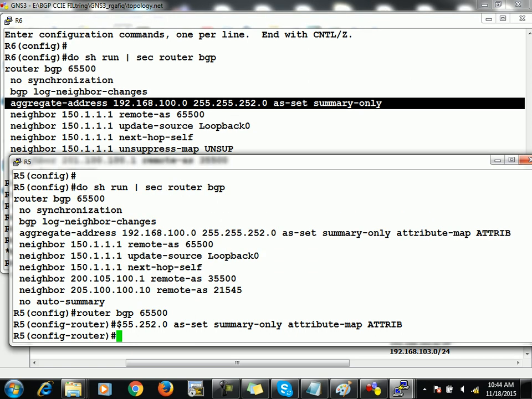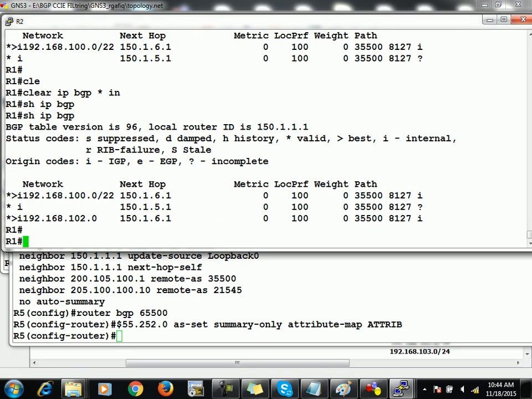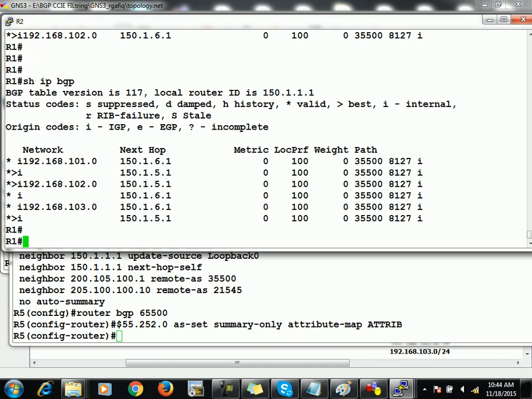I've removed it, right? So on R1 you will be receiving all these prefixes individually, and let's move back again